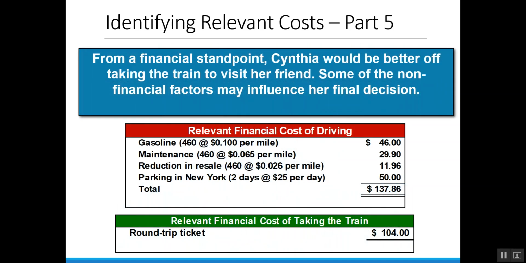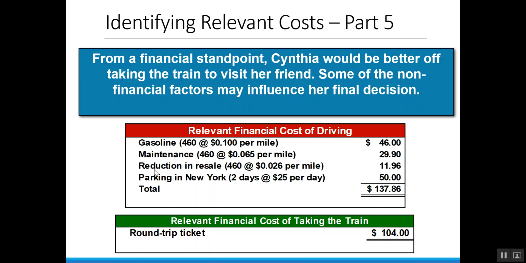So here are the relevant costs of driving. Okay, we've decided this is going to be based on her calculations earlier. She's going to have 460 miles that she drives. Gasoline will cost her 10 cents a mile. That means $46 for the trip. Maintenance is going to be 460 miles, and we're going to factor that by the calculation she had earlier. Reduction in resale, we're going to factor that by the miles driven. And then the parking in New York City for 2 days, which is going to be $50. We add those costs up and we get the total cost of driving is